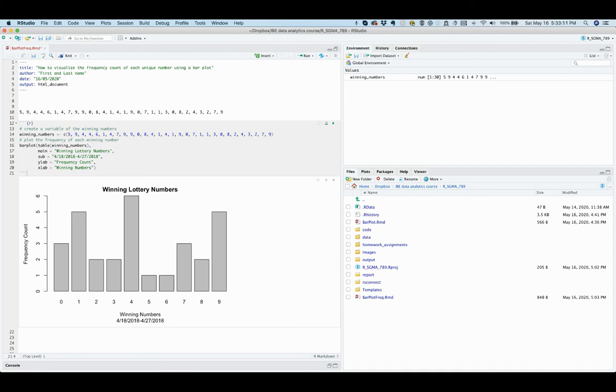The fifth step is to define and interpret the plot produced. The bar plot displays the number of times each number has appeared as a winning lottery number in the lottery during a 10-day period. As shown in the plot, the number 4 appears most frequently. It appears 6 times,